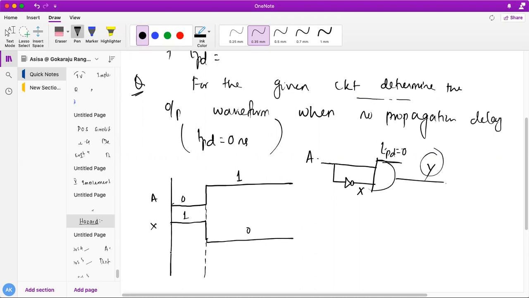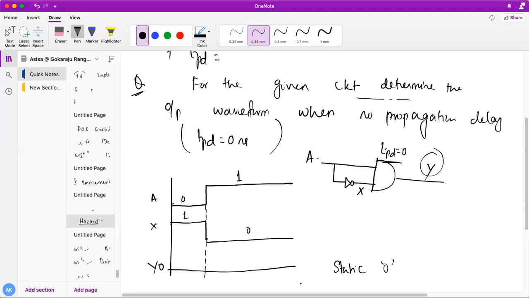So what is my Y over here? My Y will be nothing else, it's an AND operation between these two output waveforms. If any of the inputs is 0, my AND operation will always give output 0. So this is my 0. Do you all understand? This is called static 0. It's not changing, it is always 0. The output waveform is always 0. It's not getting changed. Do you all understand, students?